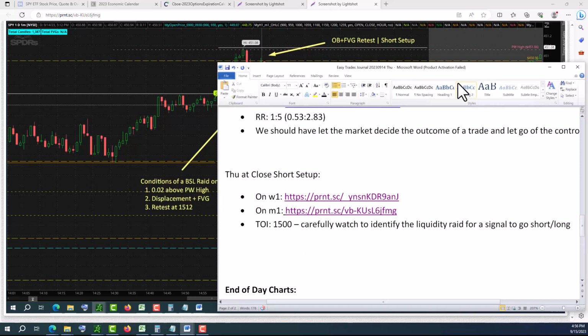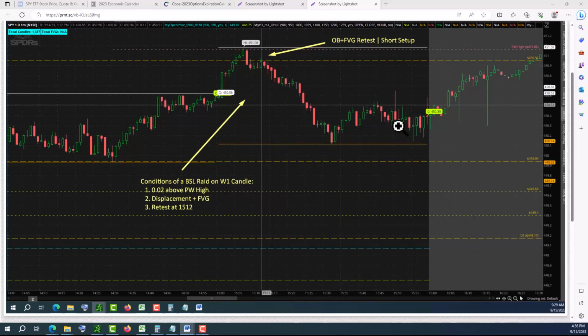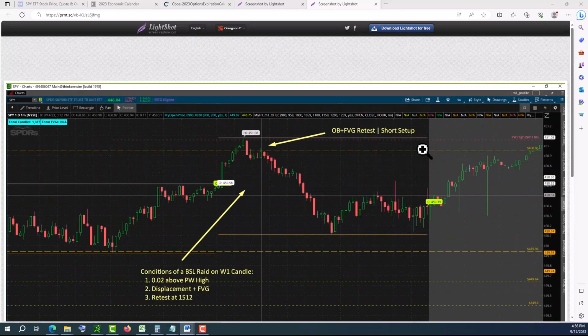What else do we want to say? Yeah, and then we see the displacement, retracement and retest, so we know this setup is there. Then go short or buy an option and hold overnight,